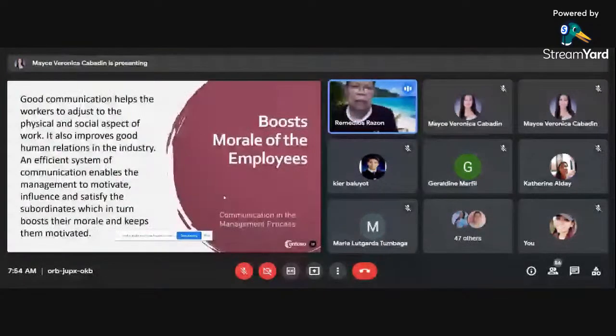Kailangan, bakit ba kayo naririto ngayon? Diba? Because of your school head, nasabi, sige, pasok kayo. Kuha kayo ng 51 units para po kayo ay magkaroon ng ERF at maging teacher 3 kayo. Even though kayo ay teacher 1 pa. Kaya kung maganda ang communication ng inyong school heads, physically, socially, and morally, you will improve your human relations. You will improve the human relations.